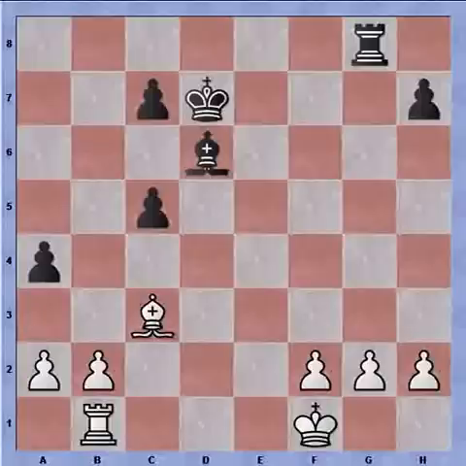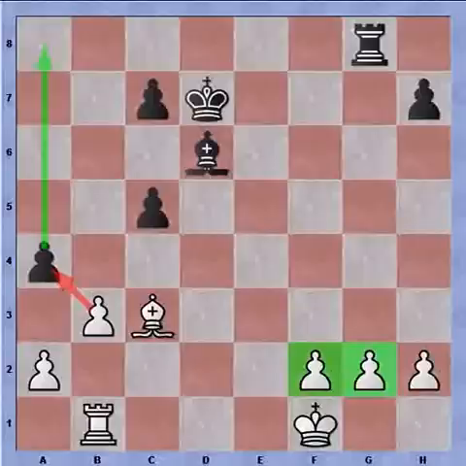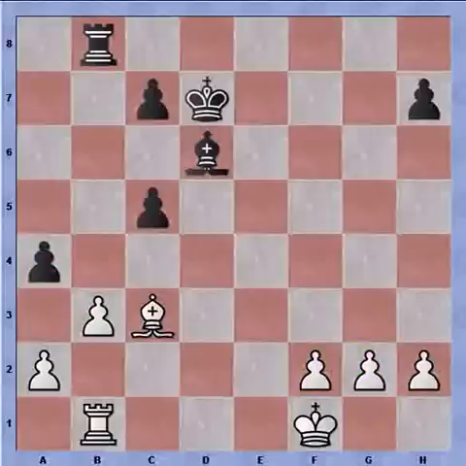C5 was played instead. I play B3, attacking the pawn. So I have a passed pawn on the A file. Black has enough pieces to stop it, but I also will create passed pawns on the F and G file, and it will be impossible for black to defend against both of them. So rook to b8 was played,